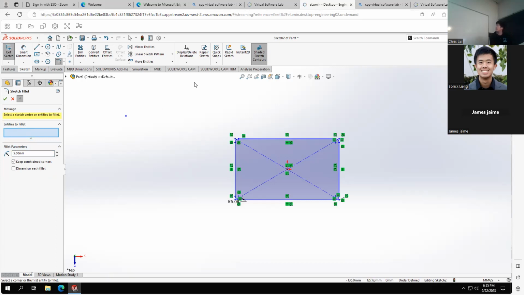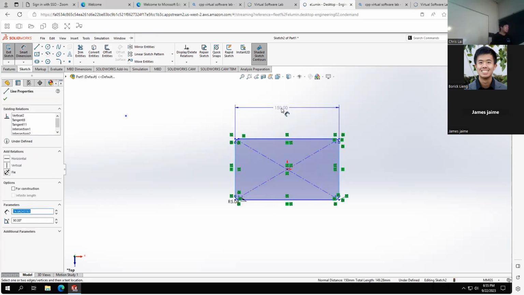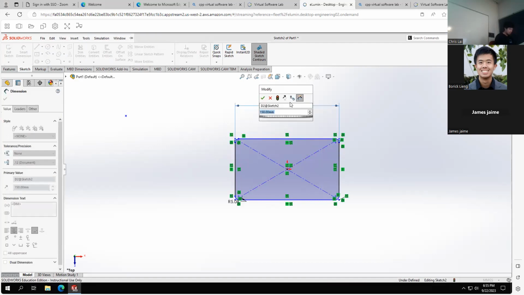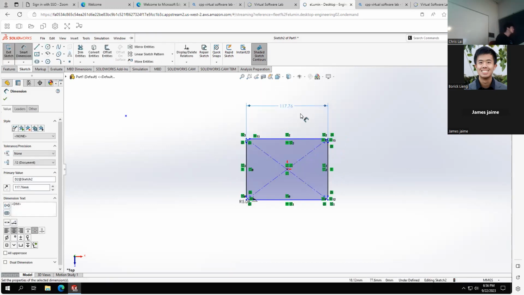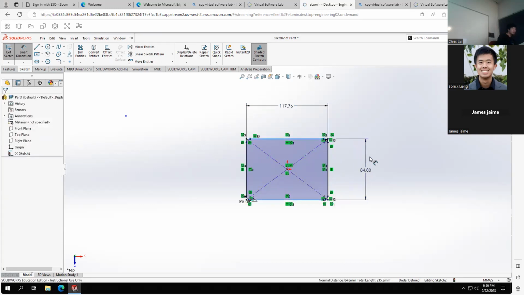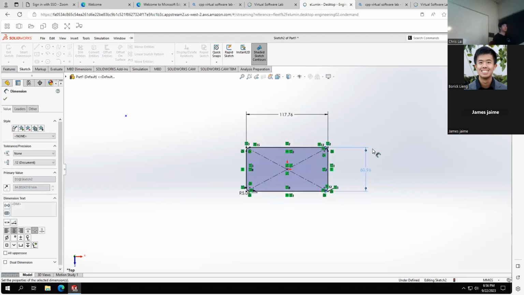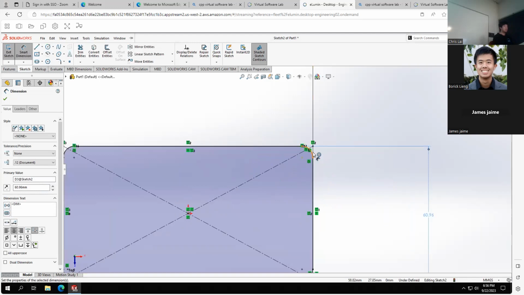Okay. Then let's smart dimension this. So I'm going to do this by clicking on the side. For example, I want these two lines to be 117.76 millimeters. Okay. 0.6. And then